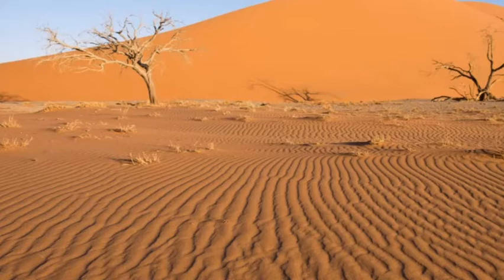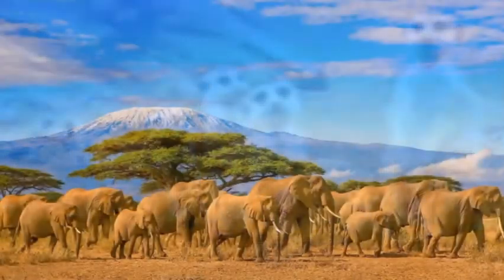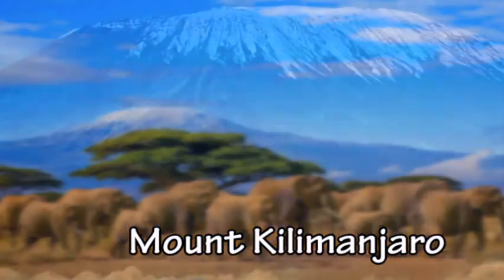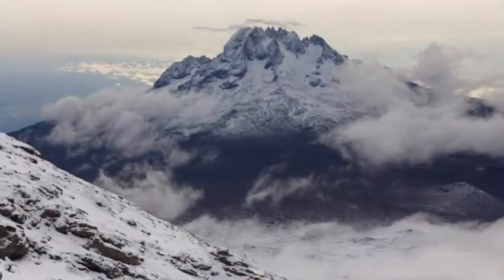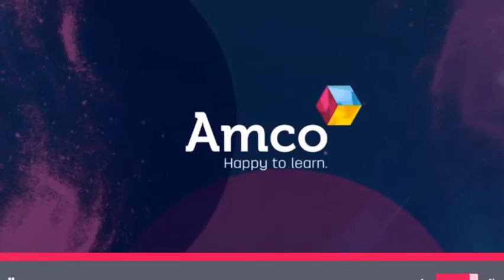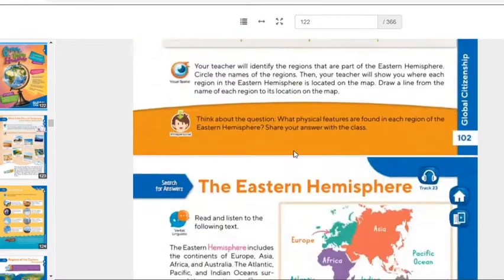Look how dry. It seems that it's really hot. Look, there we have Simba's friend. We got the Mount Kilimanjaro, the one that we spoke about. There you go. You have it there. It looks like snow, right? Look, it has a lot of snow. So if you go, remember to take a jacket. Perfect. So now that we watched the video about the Saharan things,